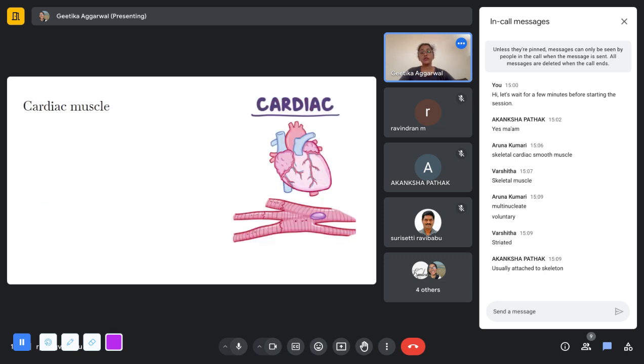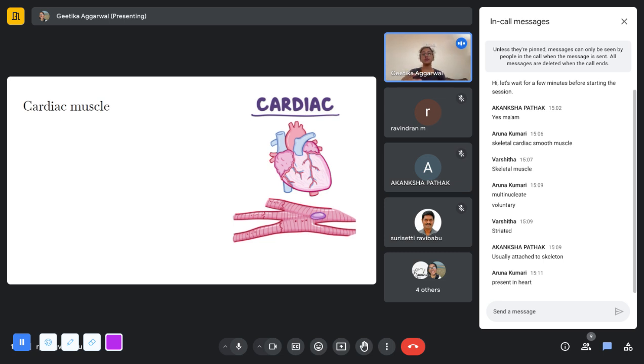the skeletal muscle. So moving on to the cardiac muscle, just like the skeletal muscle, can you guys take a few guesses on how you would identify the cardiac muscle and what roles does it play in our body? Why do you think we need the cardiac muscle, and how would you identify it if you were given, say, a section of the cardiac muscle under a microscope? How would you identify that?